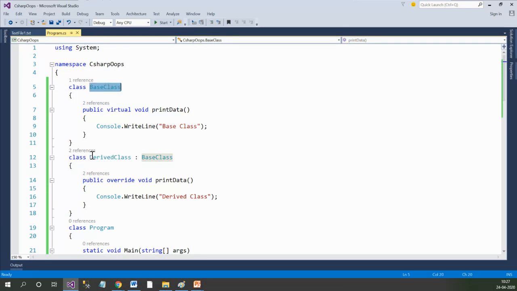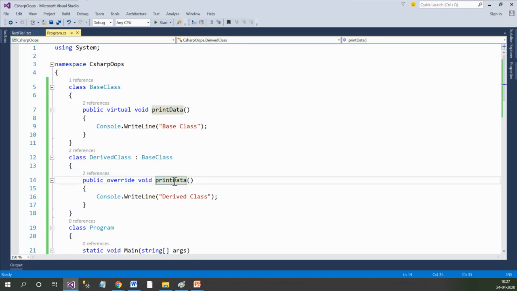So the way of deriving the class in C sharp is class, derived class name, colon, base class name. Once you have done this, the derived class can now access the public and protected members of the base class. Now here we have created print data once again.